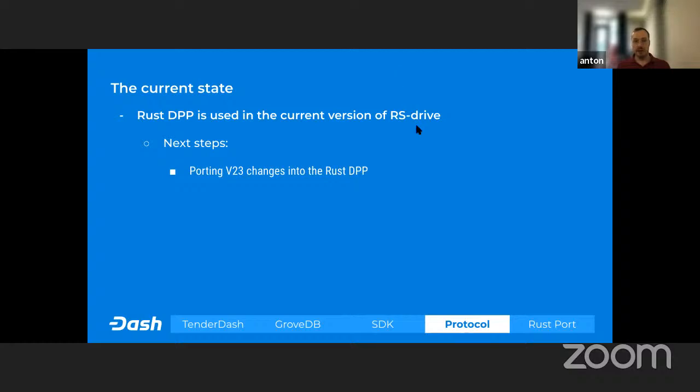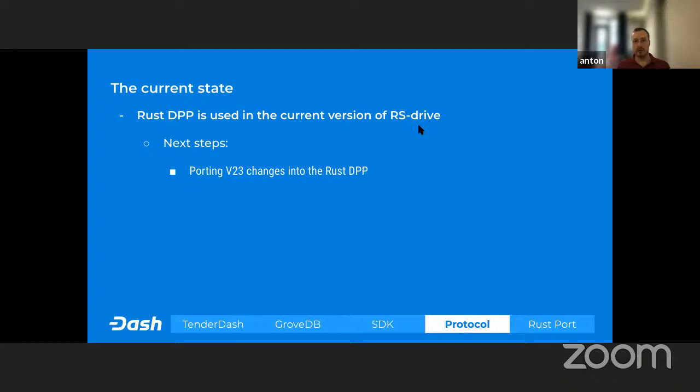And we are going to start working on V23 changes this next sprint that we're going to start tomorrow. We have two separate things going on. First is, as you might have seen, the progress on porting V22 features is not 100%. So we're going to work in parallel a little bit for porting V23 and finishing some of the unfinished V22 stuff that's currently in progress. So all the V22 things are either done or in progress right now. There is nothing left that's untouched yet on this side.